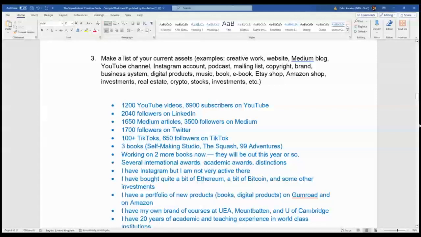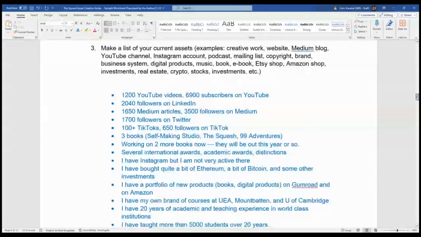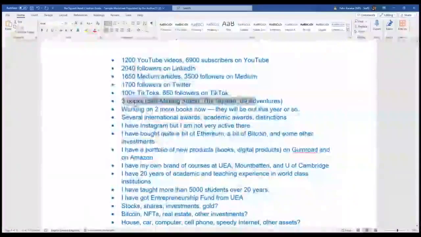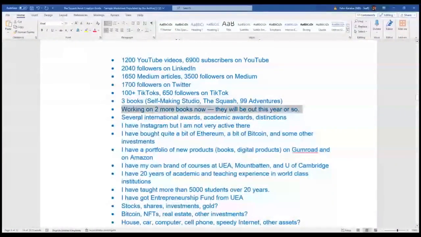So these are my current assets, okay? I created some TikToks. I have 3 books. I'm working on more books. I have some awards. I have Instagram, but I'm not very active there. I have bought Ethereum and Bitcoin, some investments, let's say. I have some digital products on Gumroad.